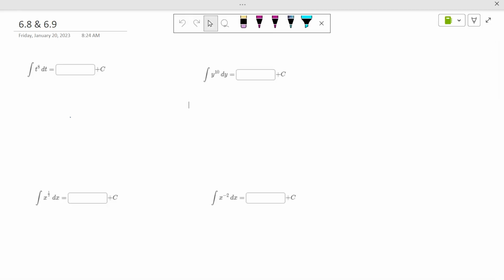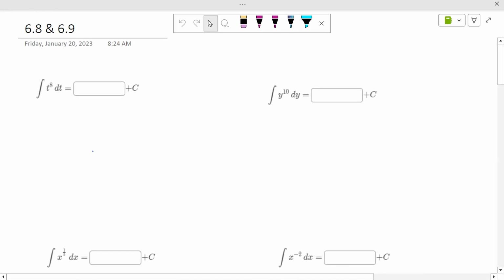Okay, today, antiderivatives. What would make the derivative of what would make t to the 8th power? No. That would be the derivative of t to the 8th. T to the n plus 1. So it would be t to the 9th